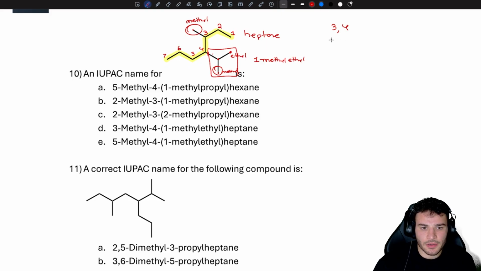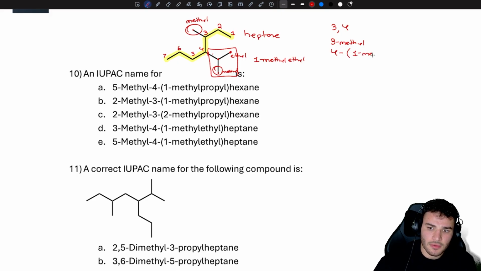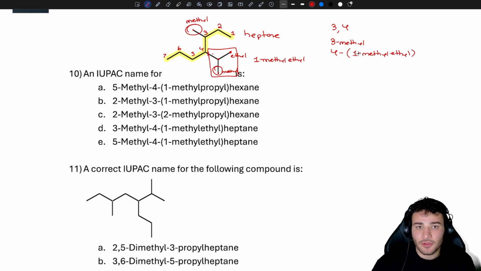And so we can put together our names. It would be 3-methyl. And now the tricky part is 4. How do we name this? We would put this in parentheses as 1-methyl ethyl. Okay? And so realistically, it's kind of difficult to put it together